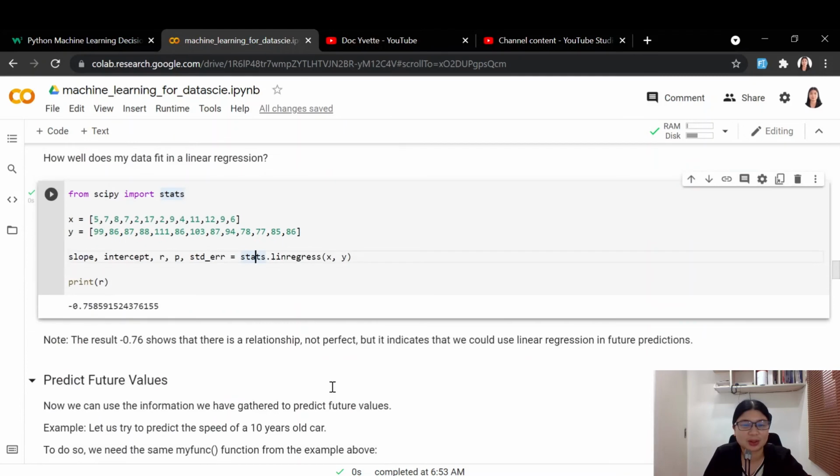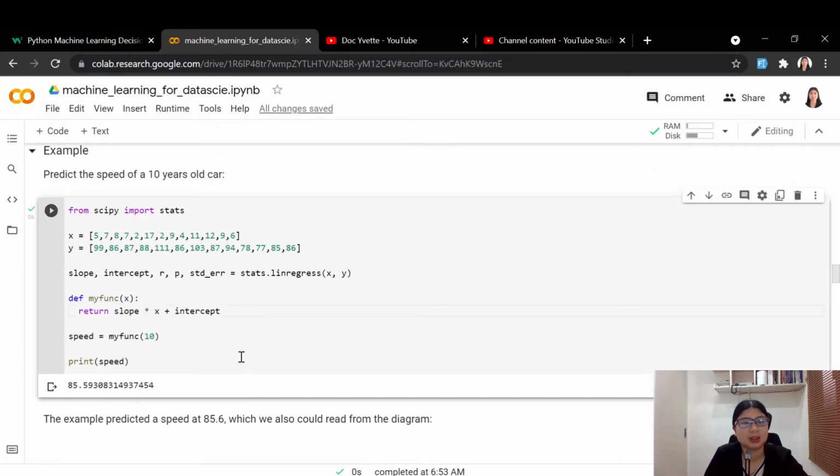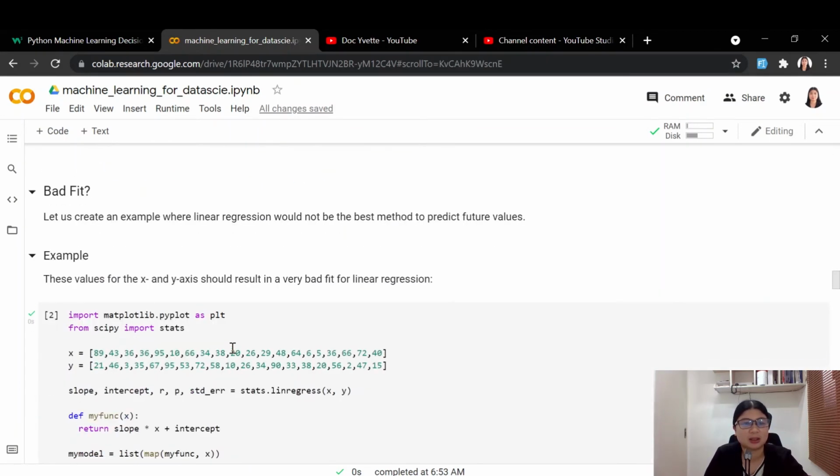Okay, so amo ni siya ang aton gina-try nga i-check, no. So kung ang result is lapit siya sa 1 or -1, so there is a relationship. But now we need to find the